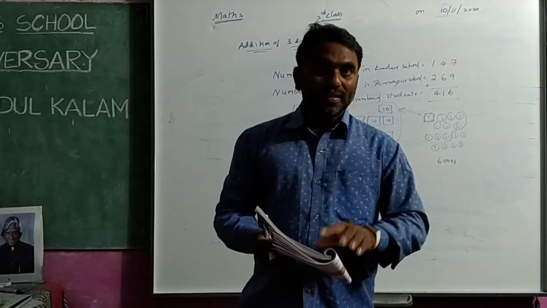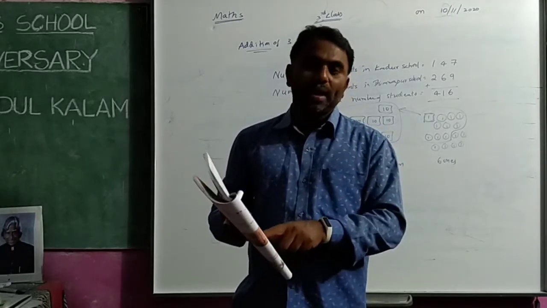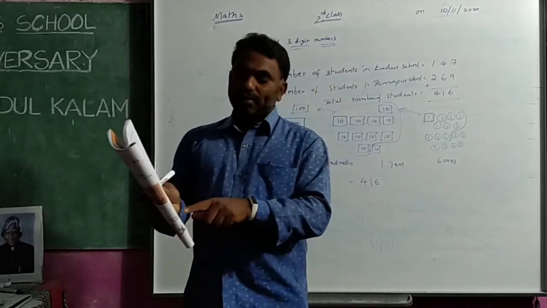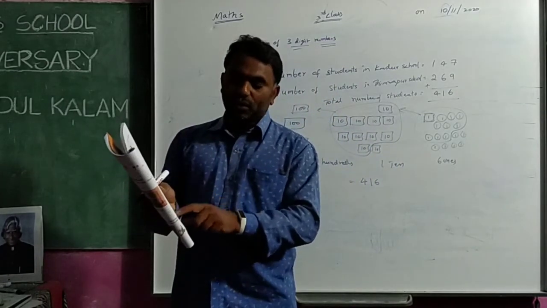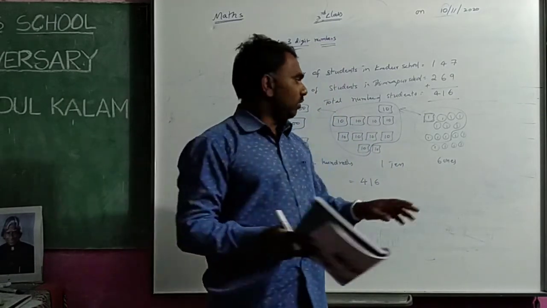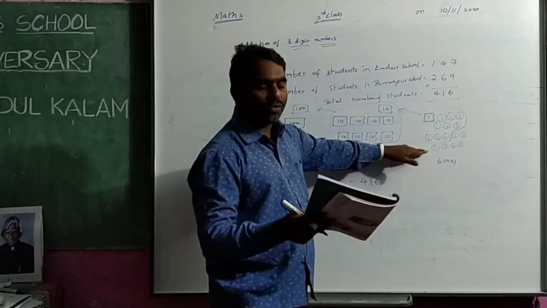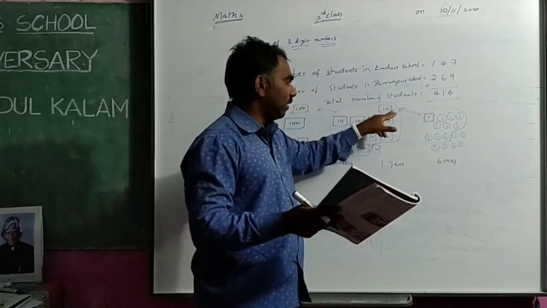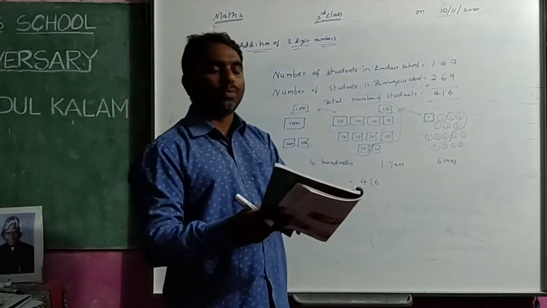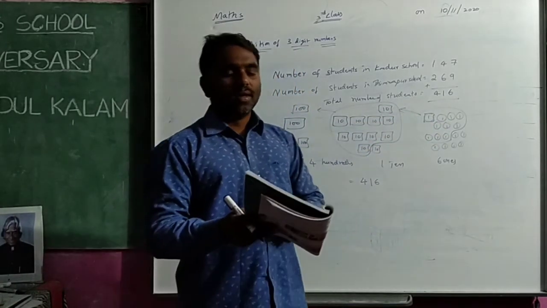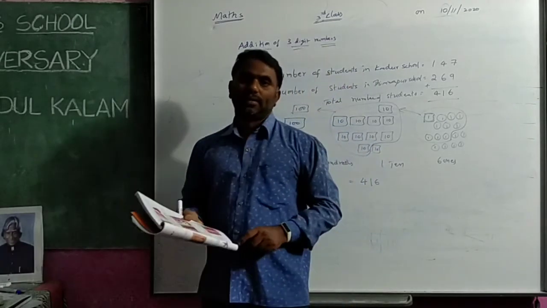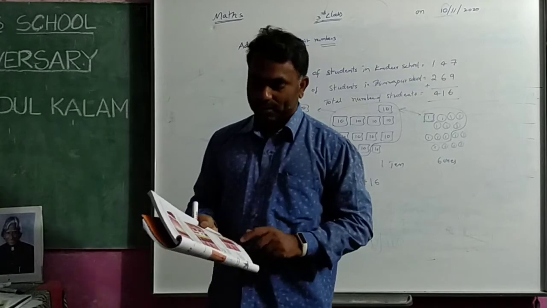Okay, you don't need to write this in the notebook. In textbook only pictures are also given here. Okay, but that counting process you need to do. Nearly up to here they have given only to you. Remaining counting process like this, making 10 group and taking here like that counting work only is there. So count this and write the answer in the page number 37. Okay, can you do it?